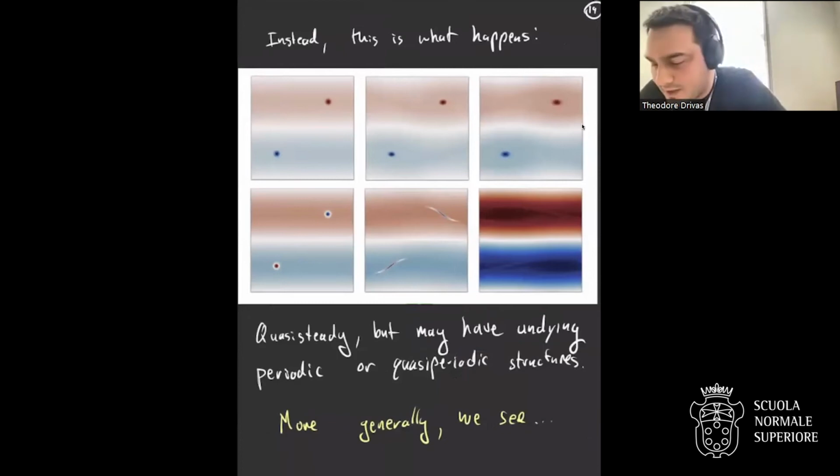So depending on whether they're in flow of the same vorticity or opposite vorticity, you see that they actually never have tendency to go to shear. So in this case, they basically keep their structure due to the extra symmetry. In this case, they're sheared out, but you have these sort of cat's eye structures remaining forever. And it looks like you don't go to steady, but rather something with some time periodic structures that stay forever.